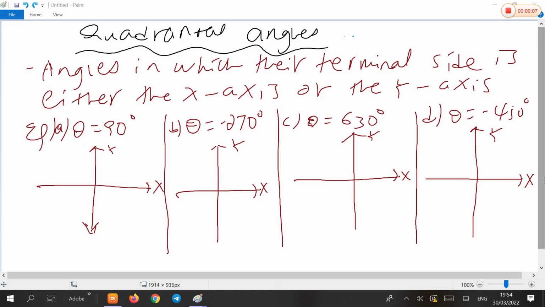ጀምሮ ጋብዛለሁ። በዚህ ቪዲዮ ላይ quadrantal angles, trigonometric values of quadrantal angles, sine, cosine, tangent and the other reciprocals of sine, cosine and tangent ማግኘት ይቻላል። actually the reciprocal of sine cosecant ነው፣ reciprocal of tangent cotangent ነው and reciprocal of cosecant sine function ነው የሚሆነው። so አንድ አንግል መጀመሪያ quadrantal angle የሚባለው ምን አይነት አንግል ከሆነ ነው። angles in which their terminal side is either the x-axis or the y-axis ከሆነ then the angle is quadrantal angle ይባላል ነው።